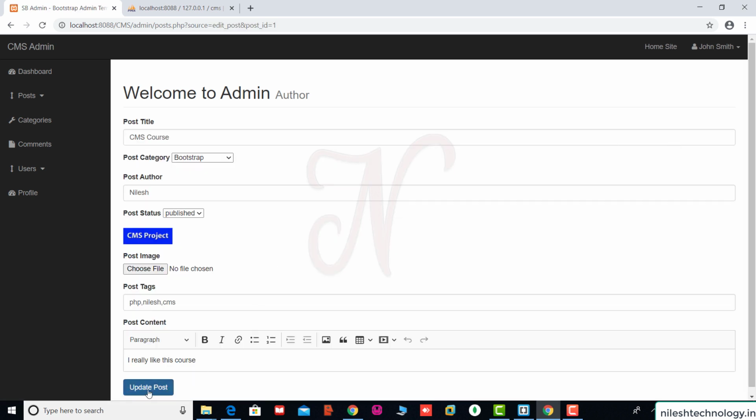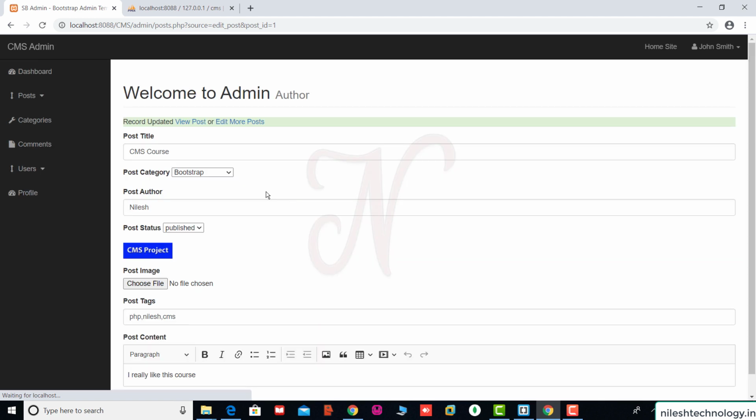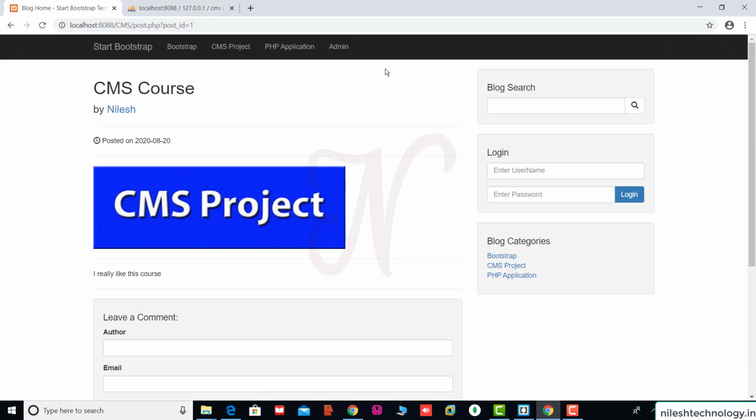See here, if you click on this update post and view post, and if you are logged in as admin user, then on the right side of this admin menu, we add one more menu. This menu name is edit post.